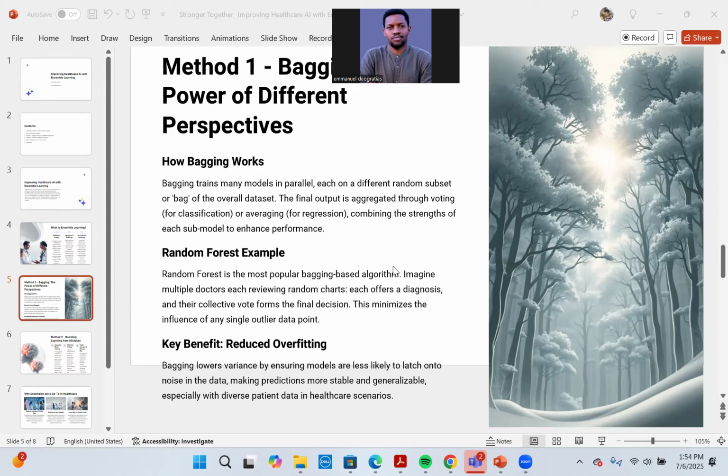imagine you have a large patient data set. Bagging takes random samples of that data and trains a separate model on each sample. It's like asking a group of doctors to each review a random selection of patient charts. In the end, they vote to make a final diagnosis. This process, used in the popular random forest algorithm, is excellent at making models more stable